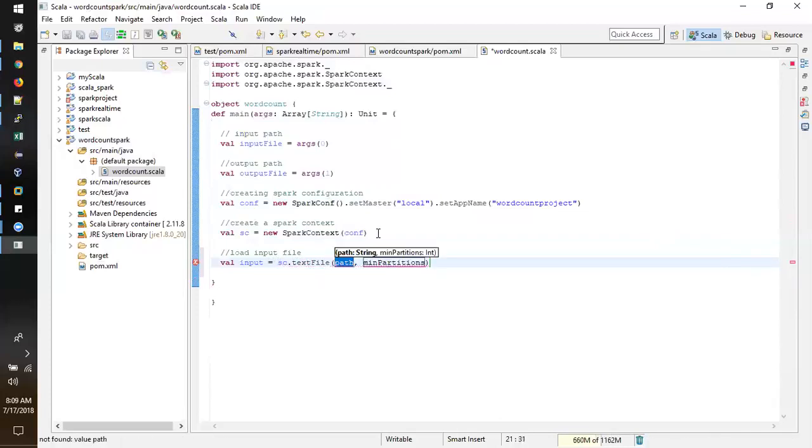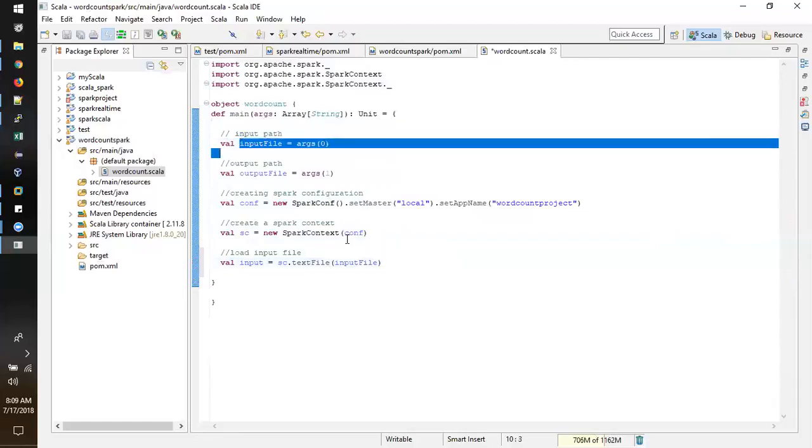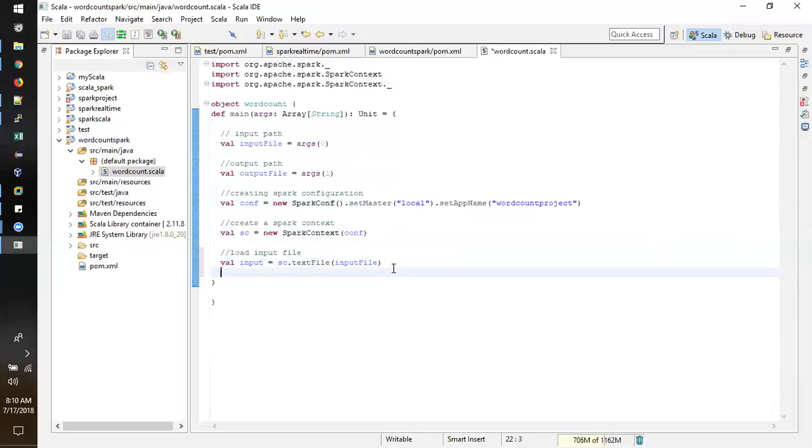You have to mention that input file. Okay, it will be mentioned as an argument. If it is static, then we need to provide a static value. Okay, now the data is loaded into the input argument, and then we will split